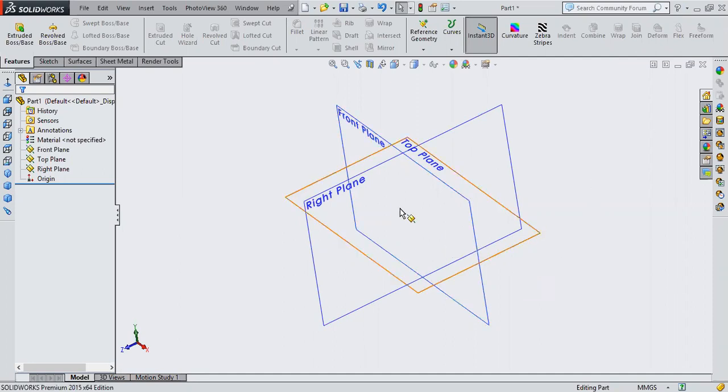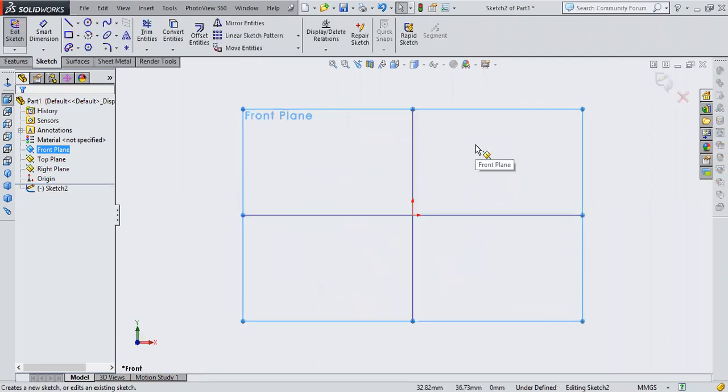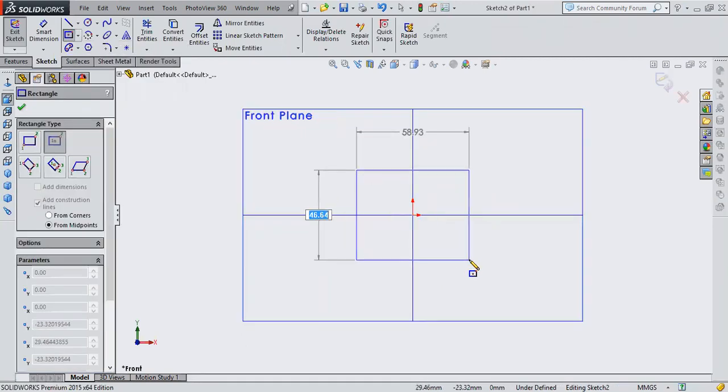Yes, sir. Now I'll select this plane and go on sketching on it. Now I have turned this plane towards me, so that it is exactly parallel to me. Now I'll create something like this.